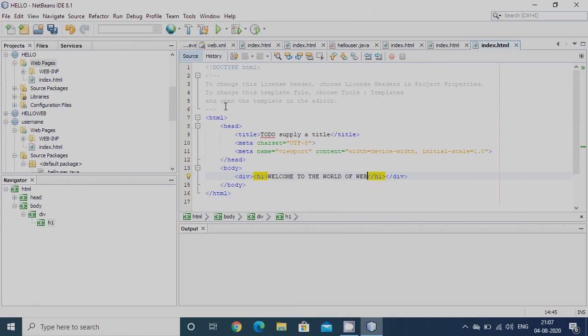Once I have written the code, I have to execute or run the project. There are three ways to execute the project.